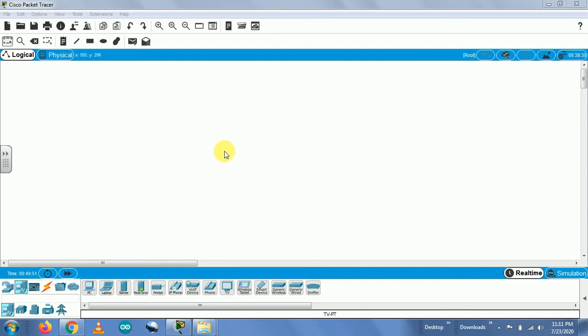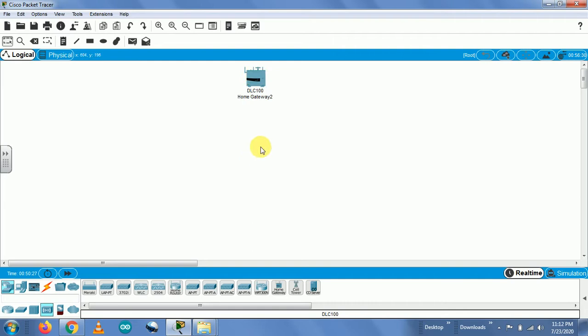Hello all. Today I am going to show you how to design the home security system as one of the IoT experimentations with the help of Cisco Packet Tracer simulation tools. So here, what I need first: the very first part, I need to go to the network devices. Under the network devices, wireless devices, I'm interested in the home gateway as a kind of wireless server. So I'm selecting it.